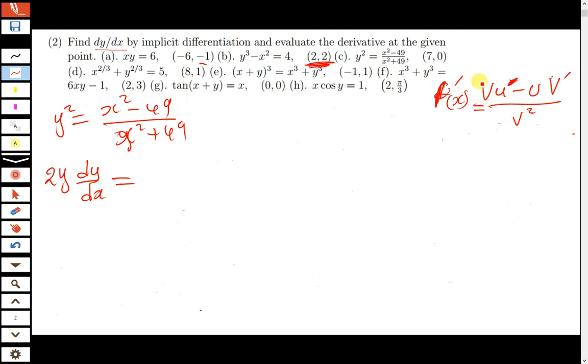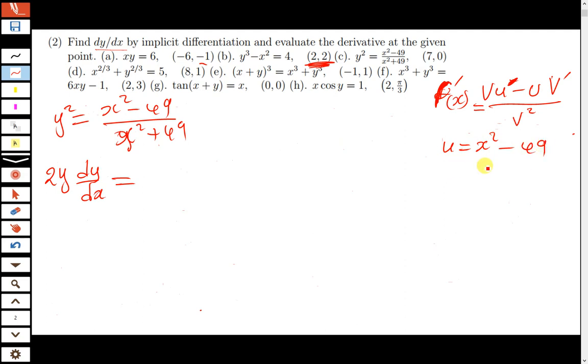So for this question, for quotient rule, you should always make sure that you start with v this side. Once you just switch them, you get your solution wrong. Or in other words, you start with the denominator. So if we say our u is equal to the numerator, which is x squared minus